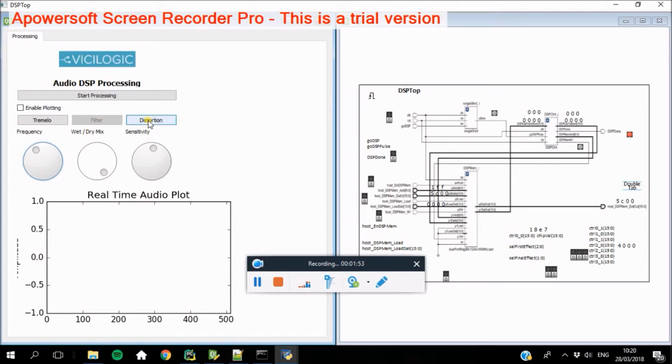The next button here is the distortion button. This enables the distortion effect. The distortion effect is simply clipping, so it gives a kind of a fuzzier effect, widely used in rock music and guitars. The way it works is that a maximum value is selected,